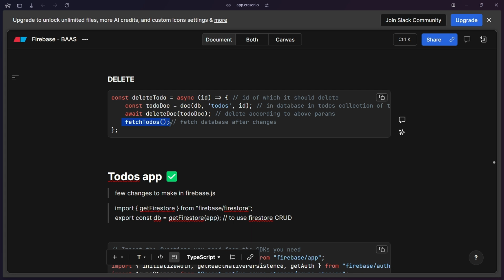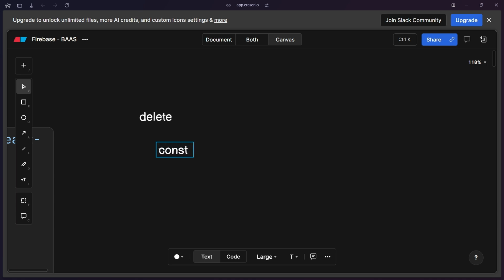Why are we fetching this again? See, previously we wrote this fetch to-do functionality, right? After creating any to-do, we are trying to get those details, right? Here also, after deleting, we are trying to get the details from the database. Like I now deleted one record, I'll fetch again so that I can get a fresh copy of the database details. Just write a variable so that you can store those details. I'll write here del or something, it's your wish, you can write any name over here. Then